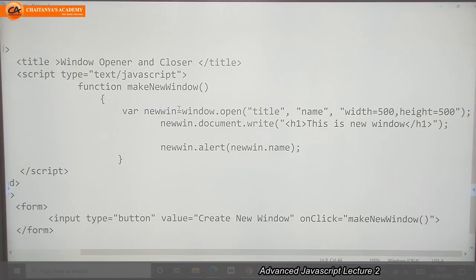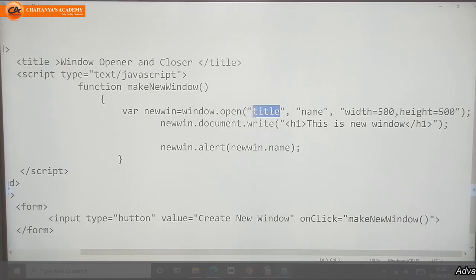I want to take one object, and I want to assign that object to this variable. How can I do that? I can write the name of the variable equal to window, dot, the method of that window. What is the method? Dot open.